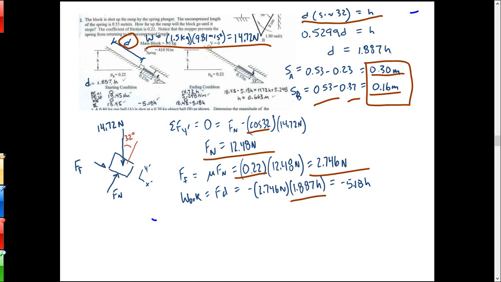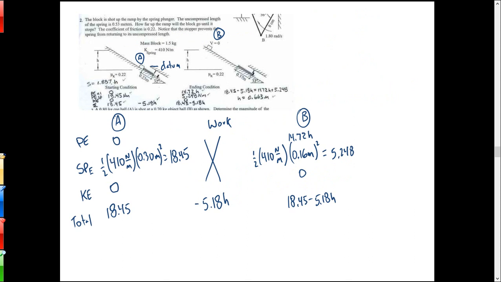Okay. So we got everything ready to go here, and we just plug it into that table. Potential energy is 0 to start at A. The spring energy is 1/2 Ks squared. Okay. It's 18.45. That'll be the total energy at A. The work is friction times distance. Distance is expressed as a function of H. So that's 18.45 minus 5.18H. The potential energy is the weight times the unknown height. And the spring energy, again, there's still some energy left in the spring, so we want to account for that